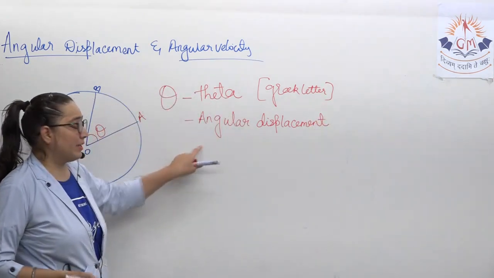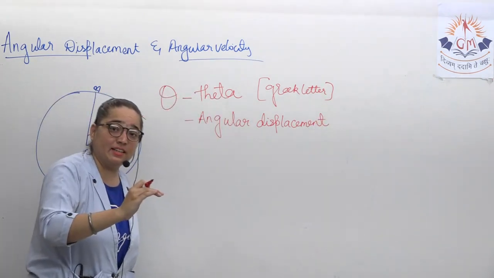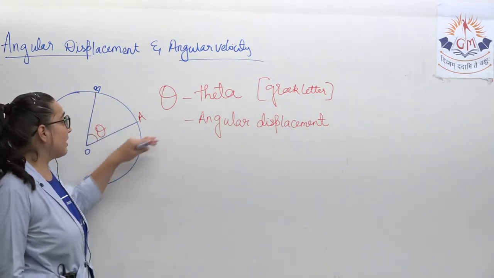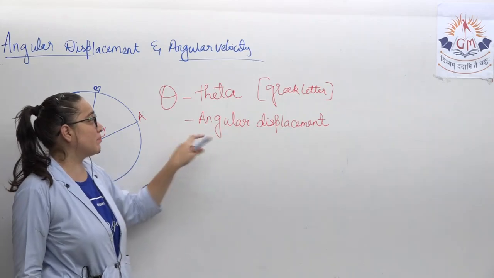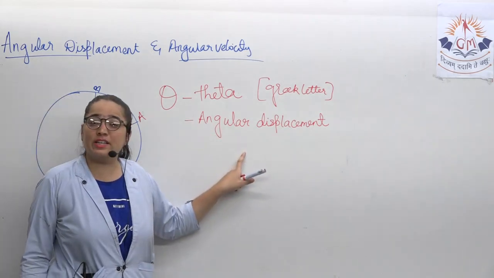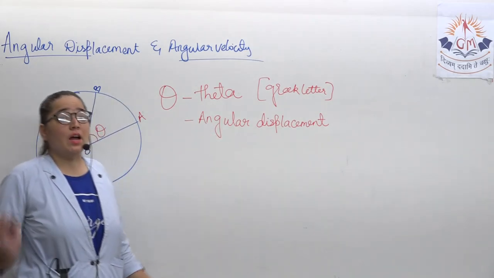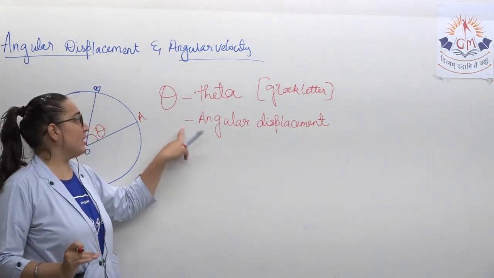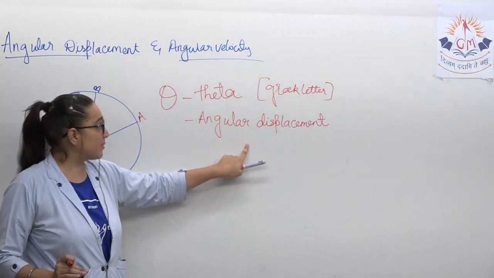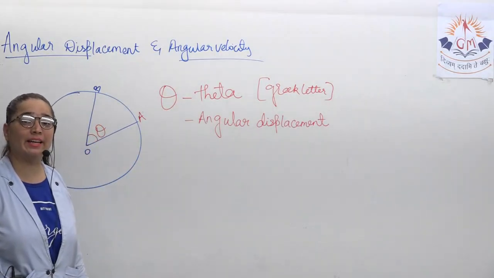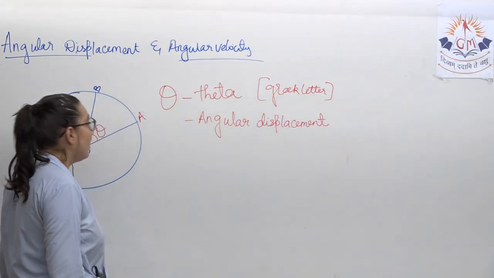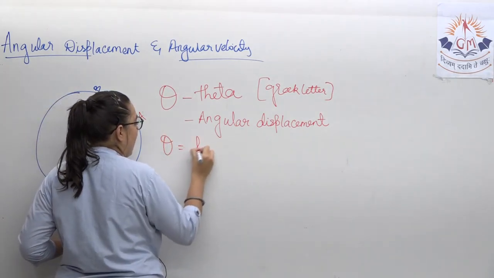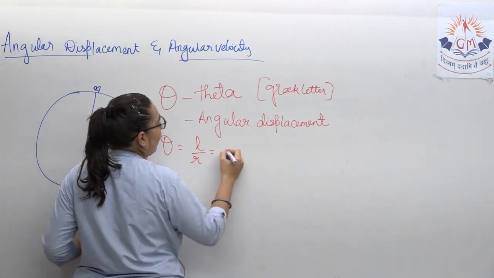Angular displacement means how much angle the object has covered. How much displacement there is in terms of angle is represented by angular displacement, and it is represented by theta. It has one direct formula: theta is equal to L by R, that is, the length of the arc